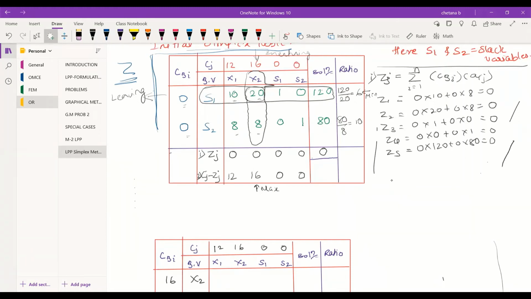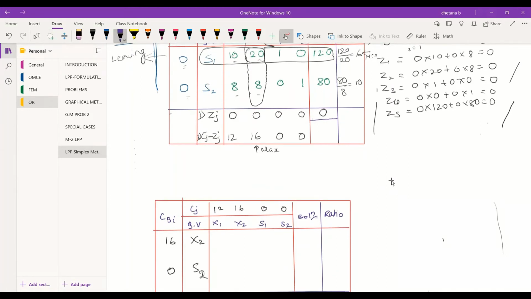So 10 by 20 is how much? 0.5, that is 1 by 2. Write in this form, 1 by 2. Next, 20 by 20 is 1. 1 by 20. And 0 by 20 is 0. 120 by 20 is 6. Stop here.